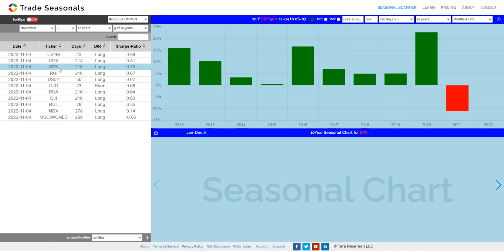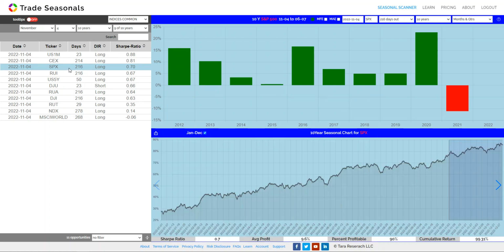The seasonal SPX opportunity right here is a 10-year opportunity, and it is between November 4th and June 7th. It's a 216-day seasonal opportunity. In the last 10 years, it worked 9 out of 10 years. It failed in 2021. Let's go see. Now we can